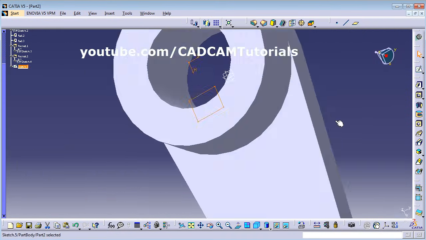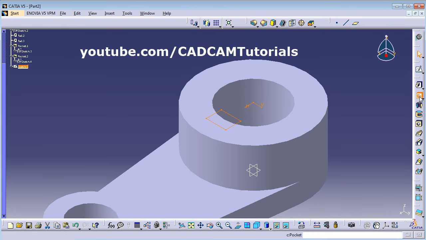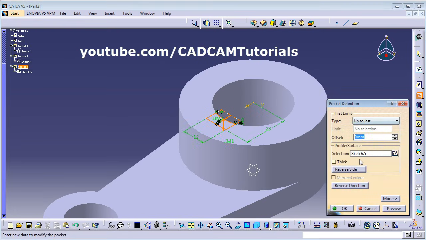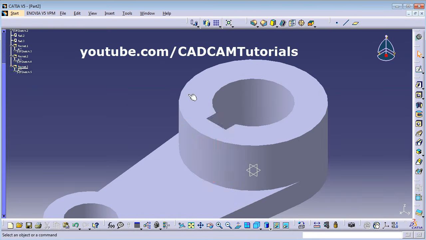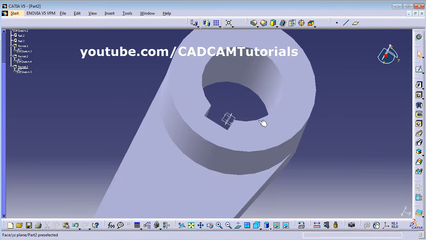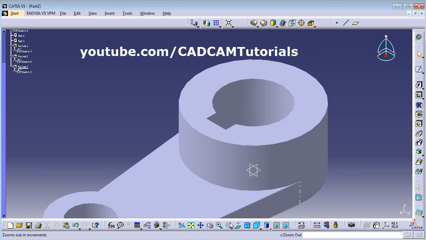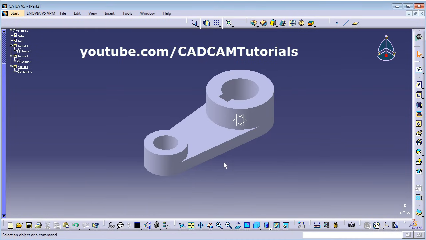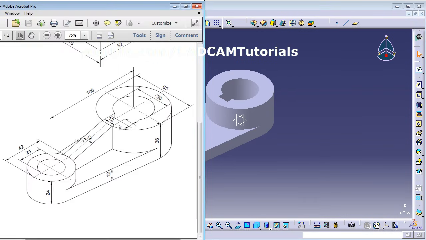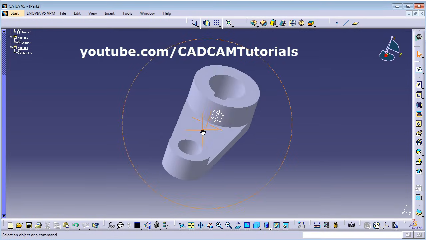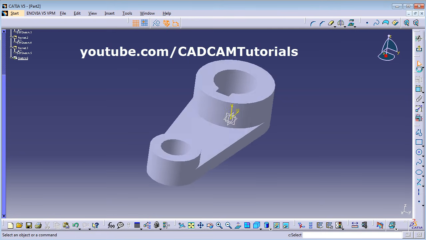Exit workbench, then pocket, click on pocket, up to last is there. Okay, so in this way this keyway is created. Click on zoom fit. Then last item is this stiffener. So that stiffener will come on this vertical plane. So select that plane, sketch,